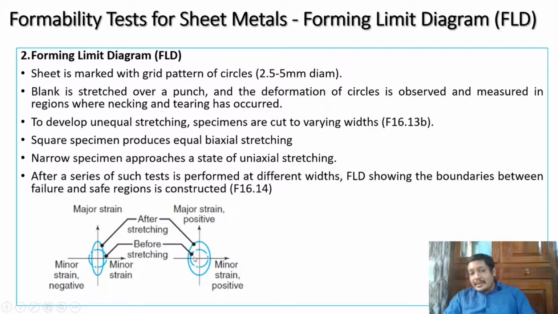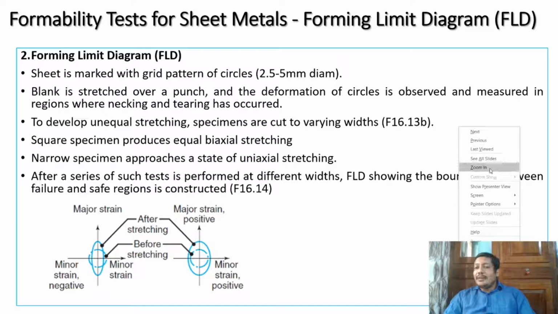So continuously you will be testing this on various thickness sheets, and you will be able to plot that on a sheet between your major strain and minor strain. That will give the information about the forming limit diagram, FLD. That is, the sheet is marked with a grid pattern of circles 2.5 to 5 mm in diameter. The blank is stretched over a punch, and the deformation of the circles is observed and measured in the regions where necking